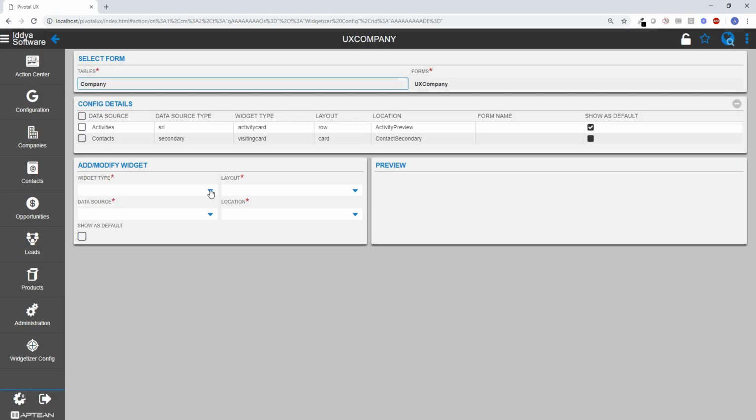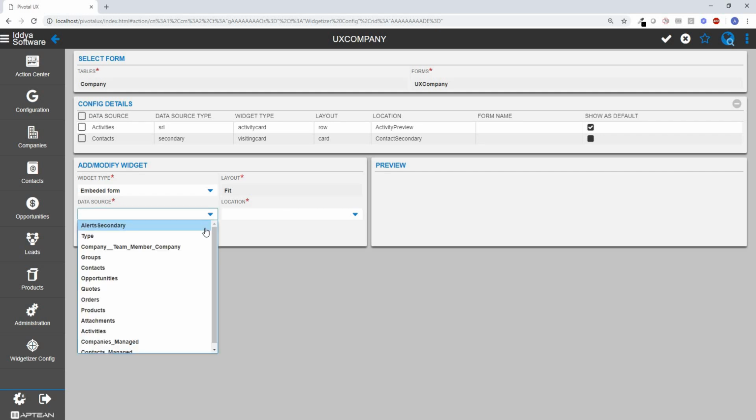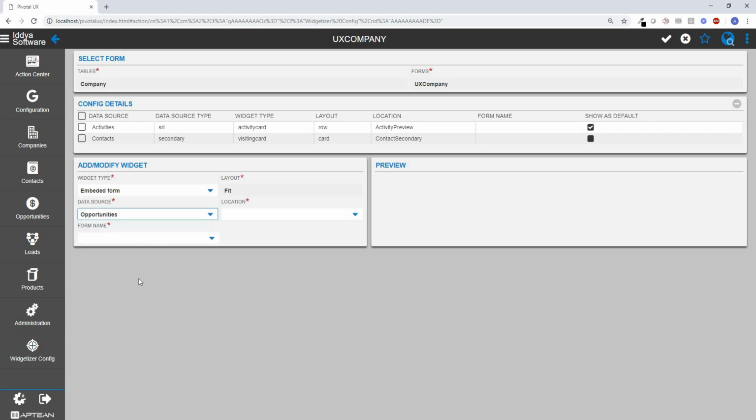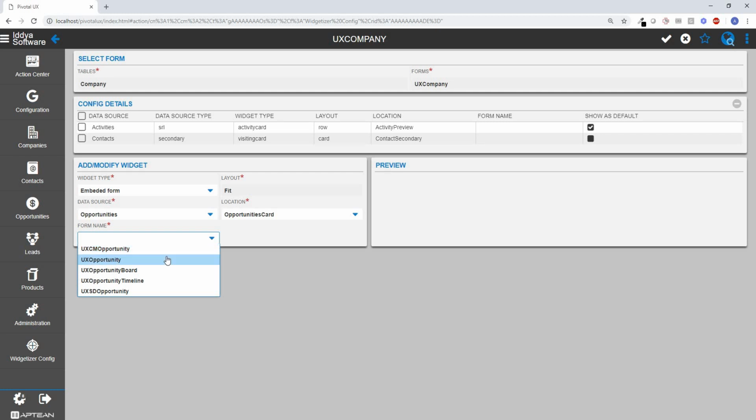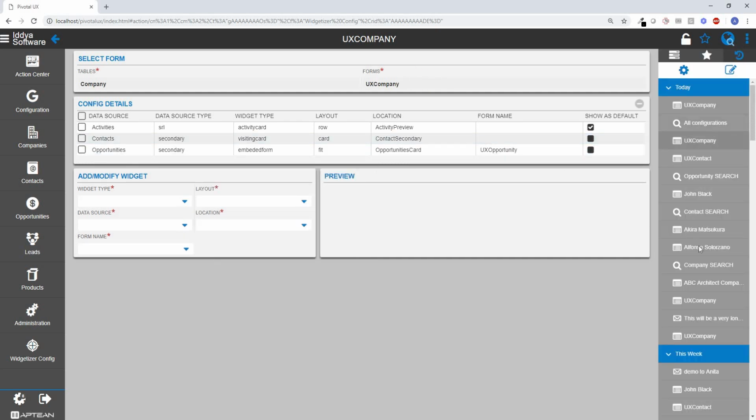So I will add an embedded form as a type, and I want to view opportunities. Now hopefully, yeah, there is a location for showing that, and I can select which kind of form to show. So I'm going to show the default UX opportunity form, but you can show any form you want. Going back to the company record,